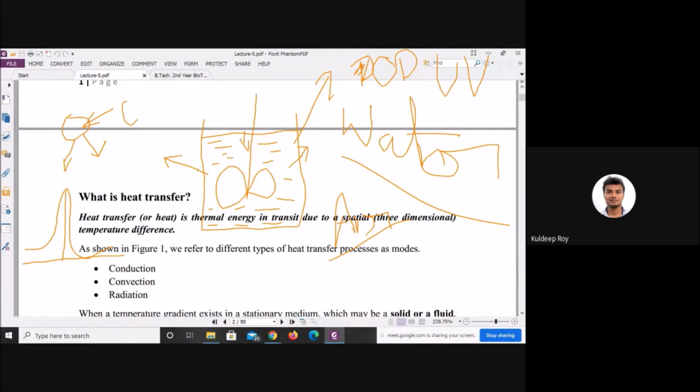Two, for maintaining the temperature in your liquid system, what do people do? Generally people apply some kind of water circulating jacket. You maintain a particular temperature, like your microorganism grows at 35 degrees and shows a higher growth rate at this temperature. You maintain this temperature by applying a water jacket around your reactor. Okay, similar kind of thing, but there are 2 to 3 things.